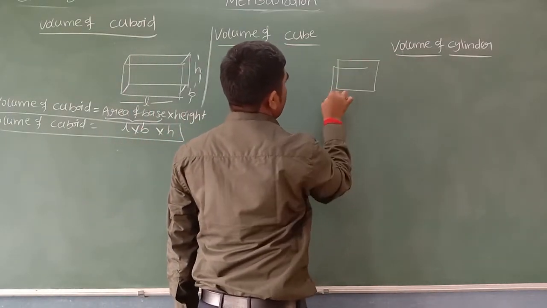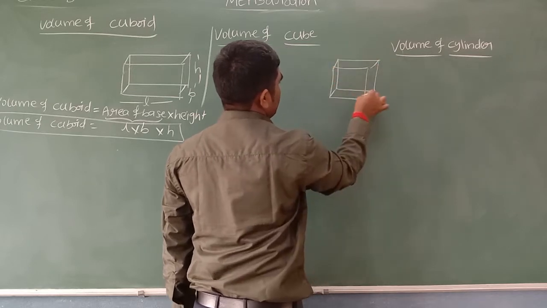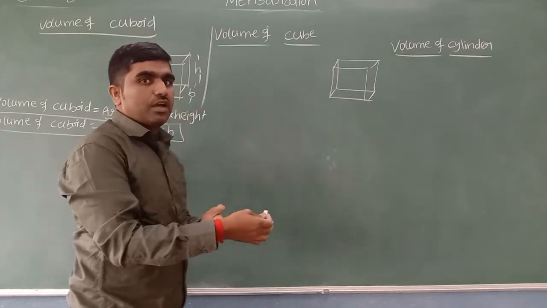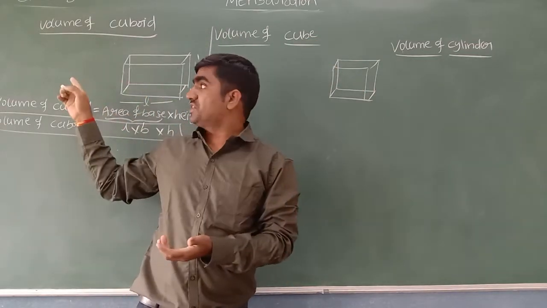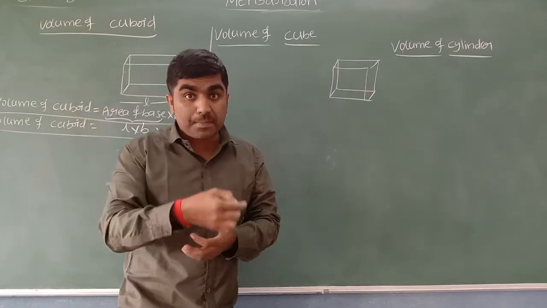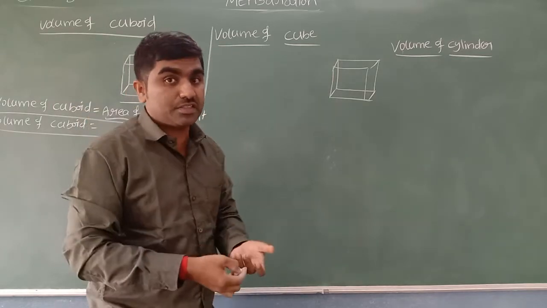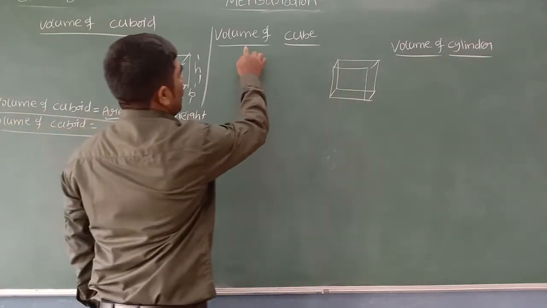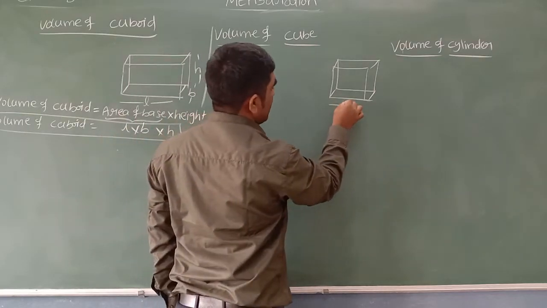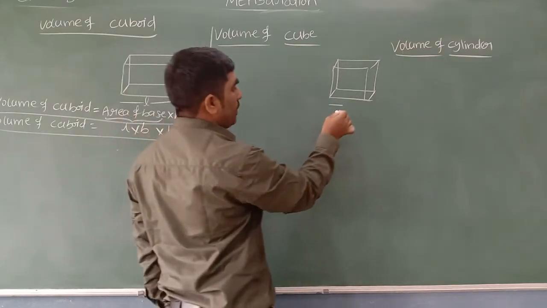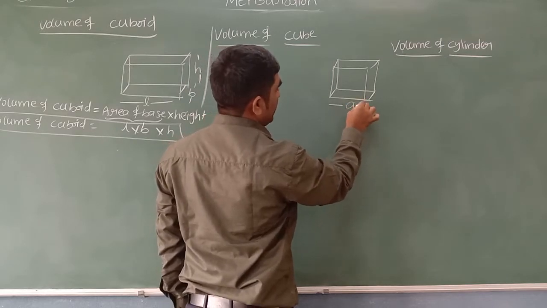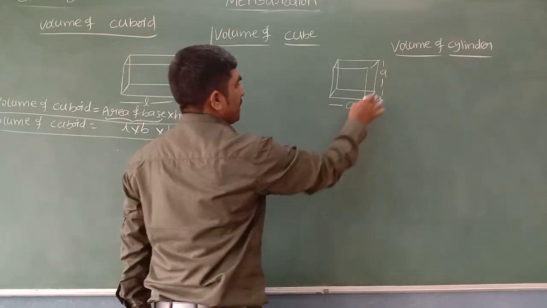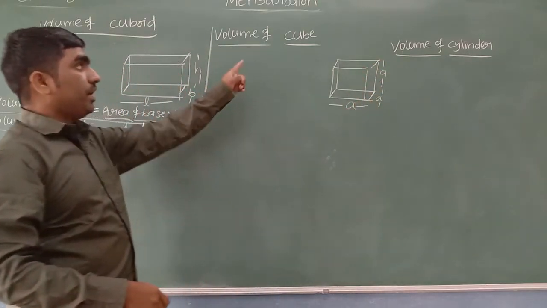Why not see in a similar way the volume of a cube? So let us see the capacity of this. Capacity is nothing but the space occupied by a 3D object. Suppose you have one petrol tanker which is in cuboid shape. If they ask you the capacity of that petrol tanker, capacity means volume. It's enough to find the volume of that cuboid. What is meant by a cube? Even a cube has length, breadth and height, but all 3 dimensions are equal. Let me take length as a, breadth also a, and height also a. Length, breadth and height, all 3 are equal in a cube.